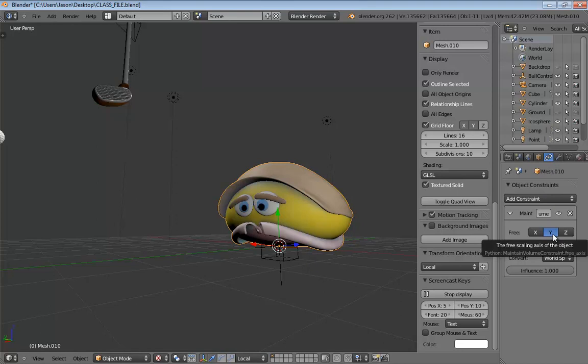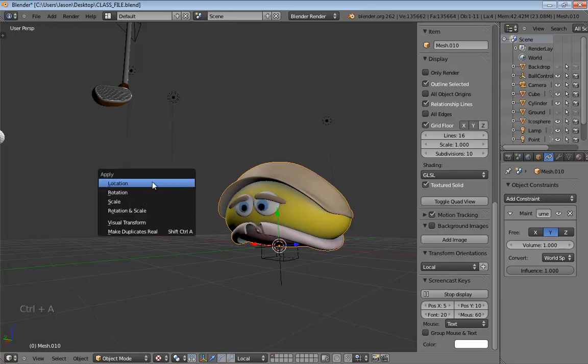Is there an equivalent to editing the pivot in Max, aligning to the world? Like a quick reset? You should be able to, it's Control-A, I believe, to apply location, rotation, and scale. And oh, yeah, that's right. That should reset it back to the world. But really, I'm just going with whatever I see here.